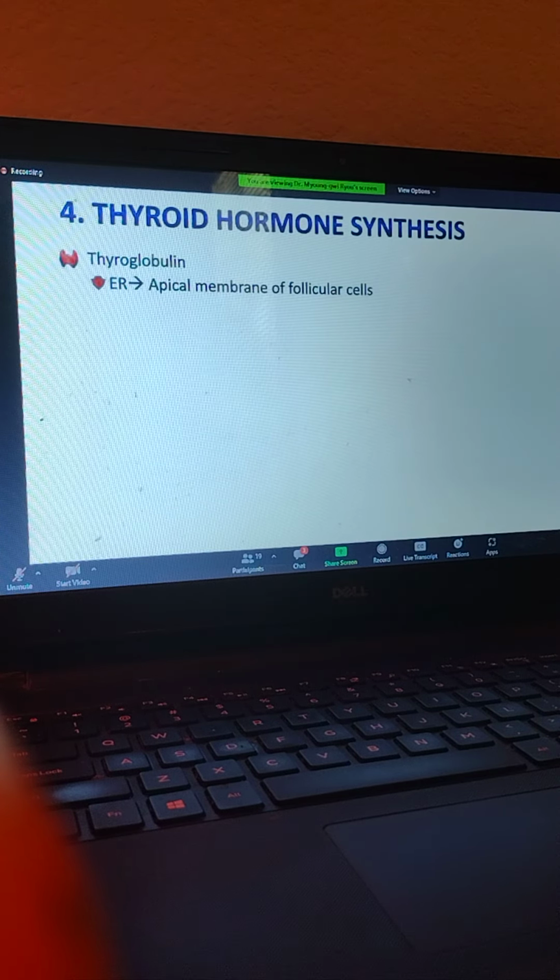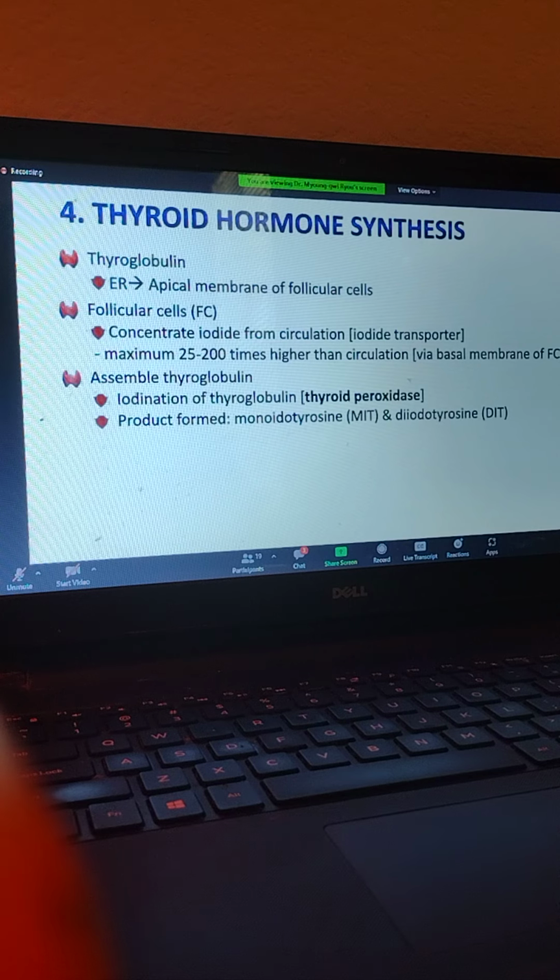So once the endoplasmic reticulum makes the thyroglobulin, with a lot of tyrosine in it, it's going to be packaged in the Golgi apparatus, and then those packaged thyroglobulins are going to be moved toward the apical membrane. The apical membrane is going to face the lumen of the follicle, right? So that happens, and then in the follicular cells,